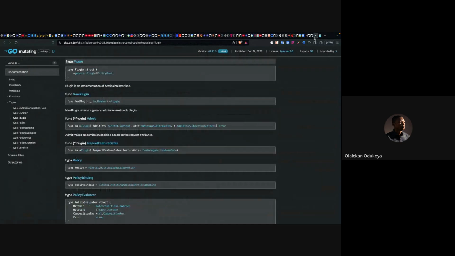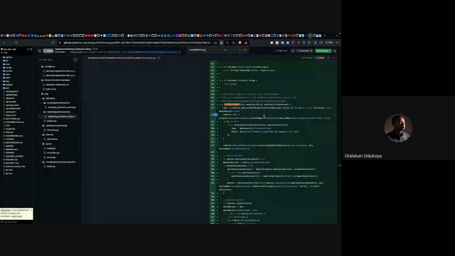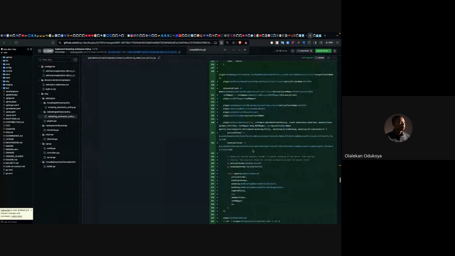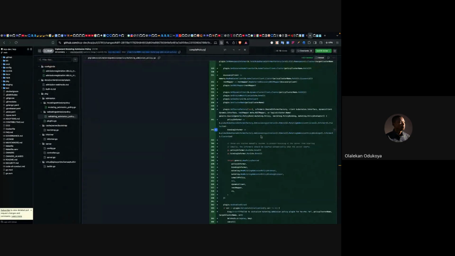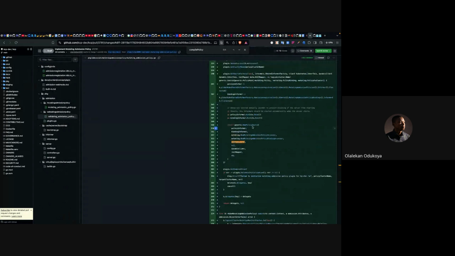But in the map, it is not. So I had to recreate it to be able to use it, I'll pass it to the new generic policy,